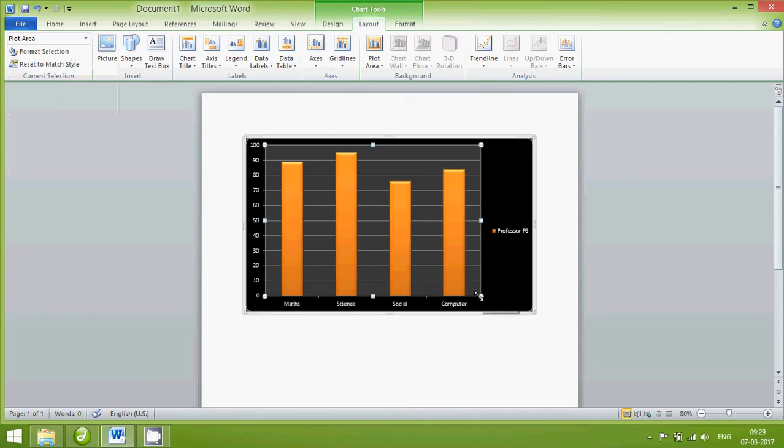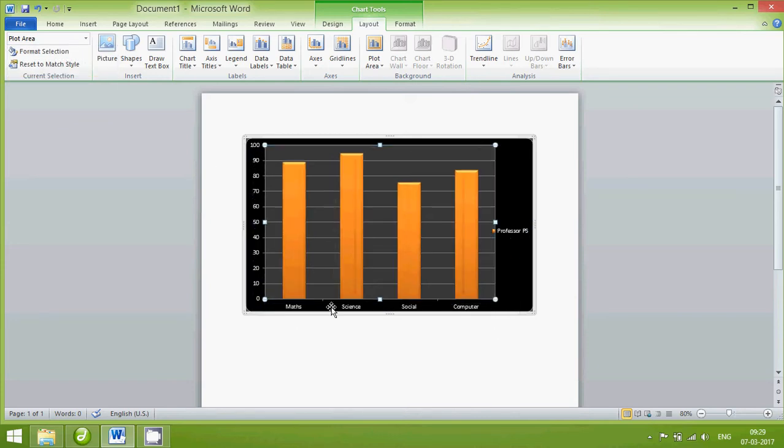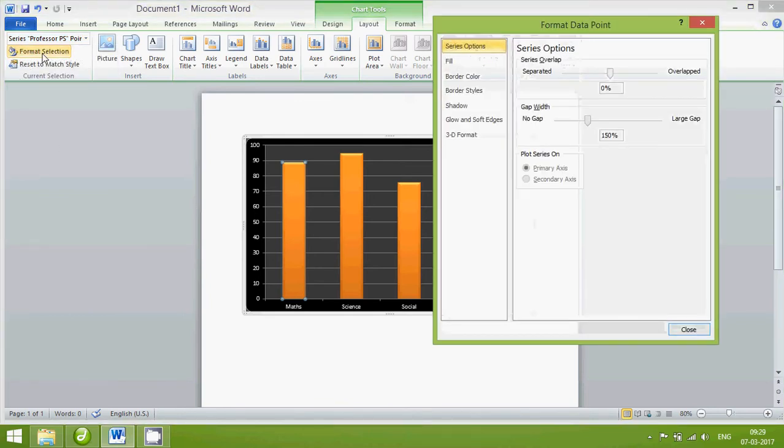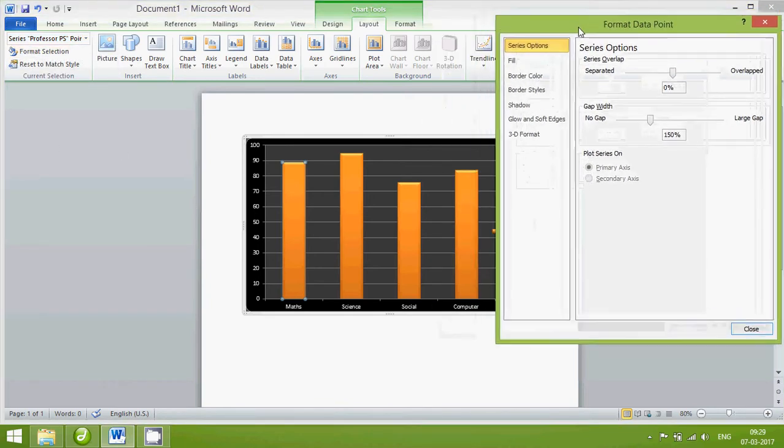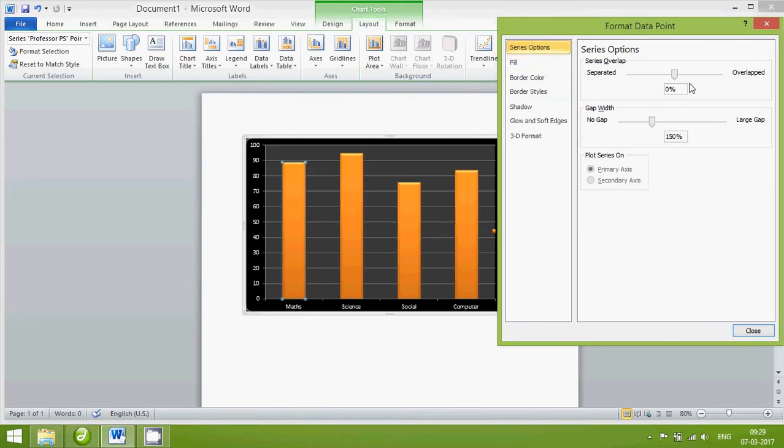plot area. If you want to change the plot area, you can set the plot area, and if you want to change the vertical axis, then you can set vertical axis as per requirement, and you can also move this vertical axis. And the series, if you want to change the series, then you can change the series by selecting this. If you want the format selections, here is the option